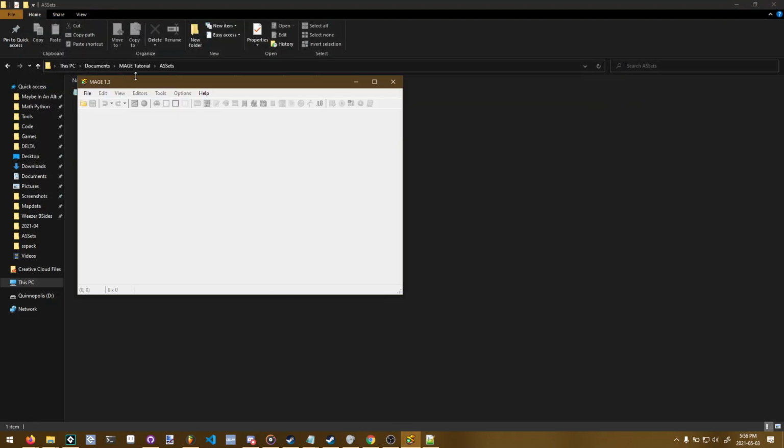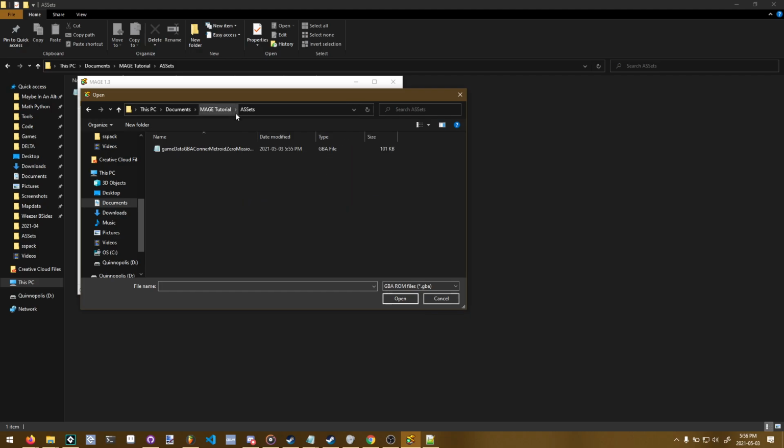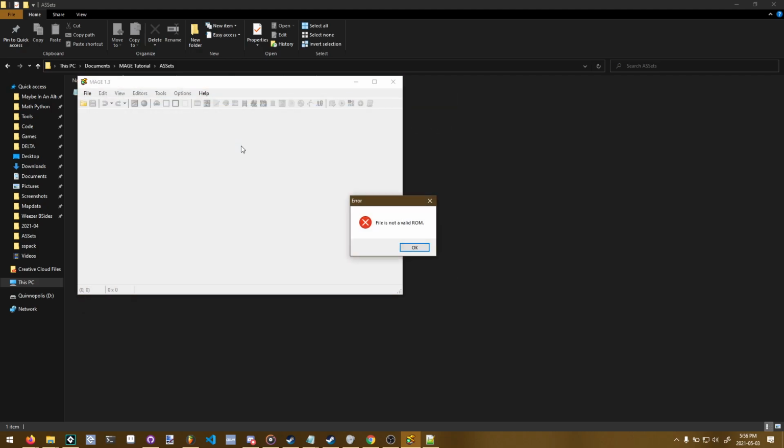So next thing we're going to do is actually open a thing with MAGE. Now it's going to say file is not a valid ROM. And this might happen a lot. And there's a really easy solution to this. The first thing you want to do is to